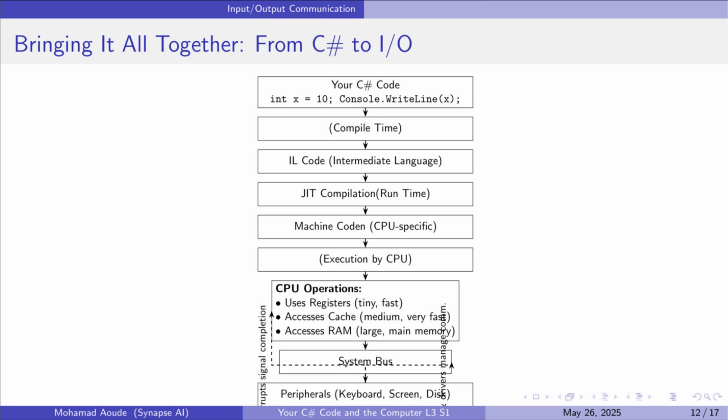Now let's review the complete journey of your C# program, step by step. Source code. You write human-readable C# files in your editor. Compilation to intermediate language. The C# compiler transforms your code into Common Intermediate Language, or CIL, which is platform agnostic. Just-in-time compilation. When you run your application, the .NET Runtime's JIT compiler converts CIL into native machine instructions optimized for